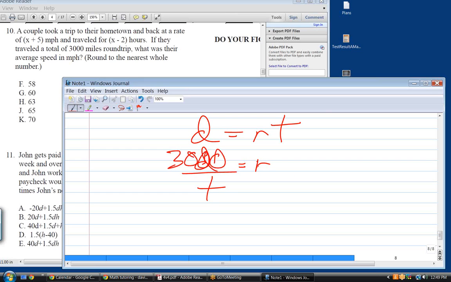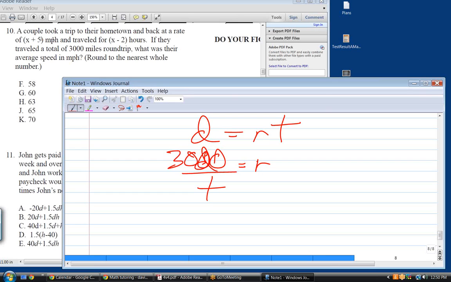And we know the average rate was x plus 5. So if x plus 5 is equal, whenever you're back solving, always start with the second lowest or the second biggest. In this case, I'm going to start with the second biggest. Okay? In other words, we can figure out,